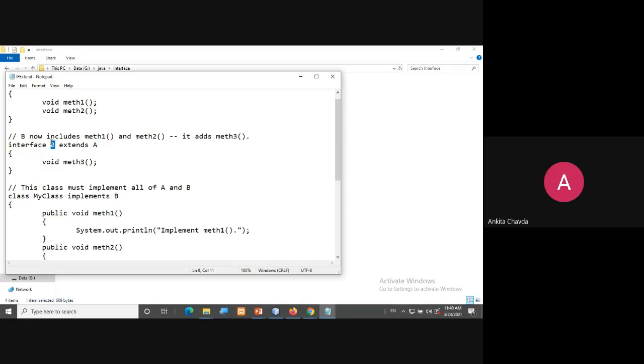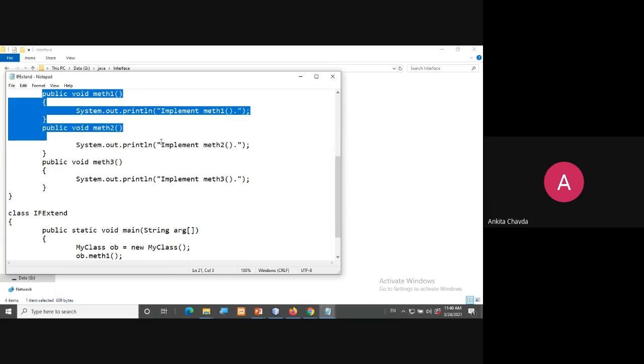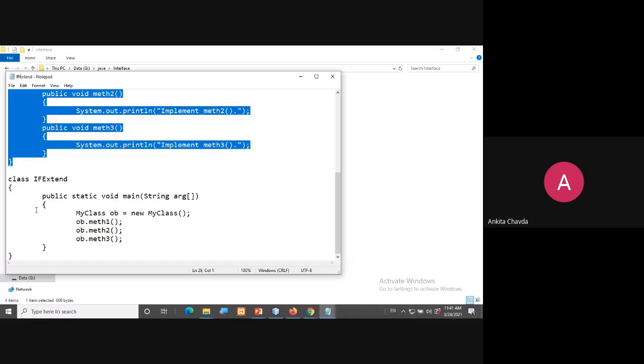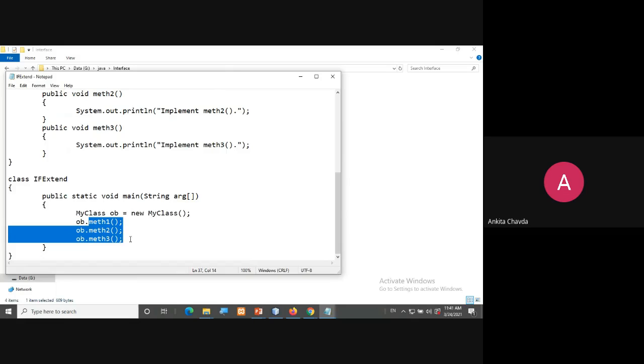Because in interface B all three methods are available, right? Due to that you have to write them. So you have given the definitions of meth1, meth2 and meth3. And now you have another class, which is your main class, which includes the public static void main. Here you create an object of your class, and via the object you call, invoking these three methods.